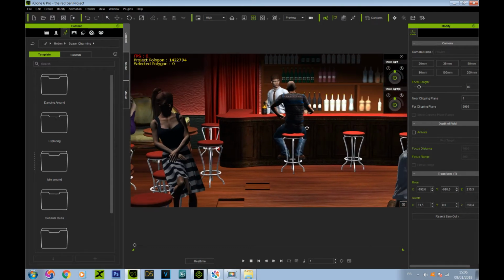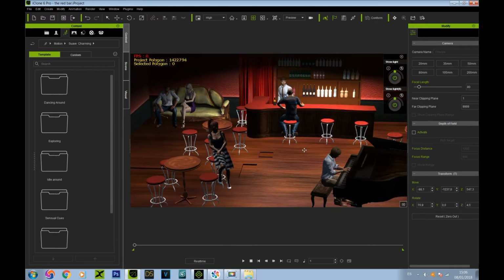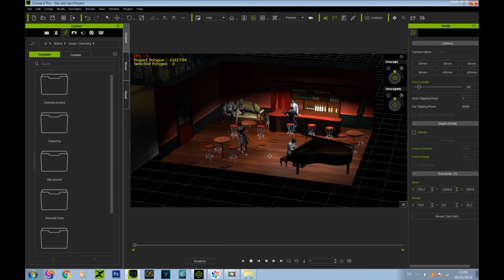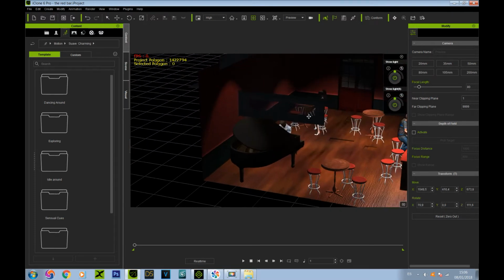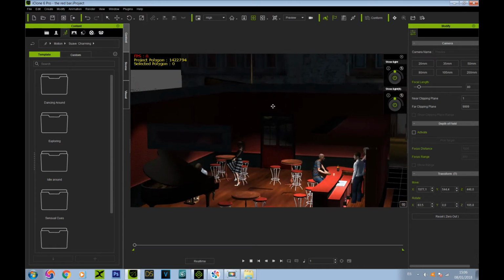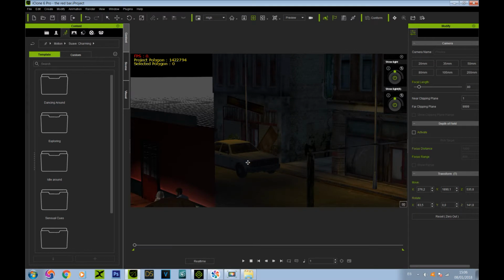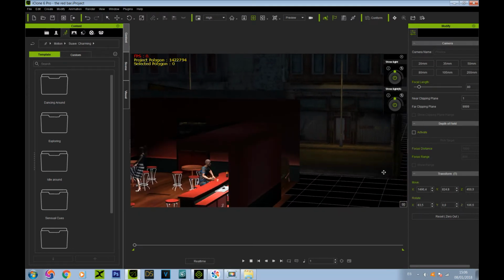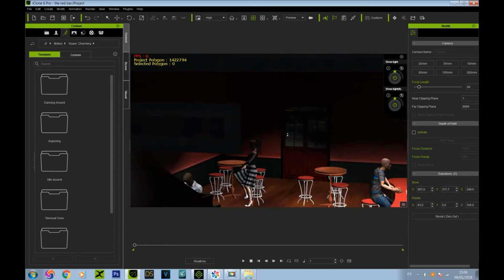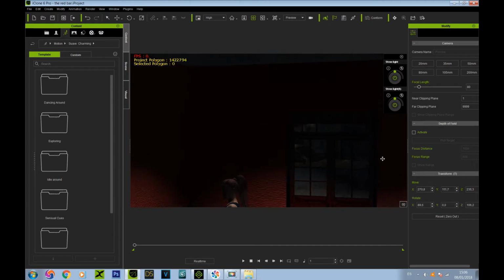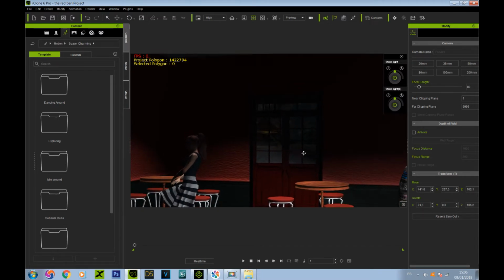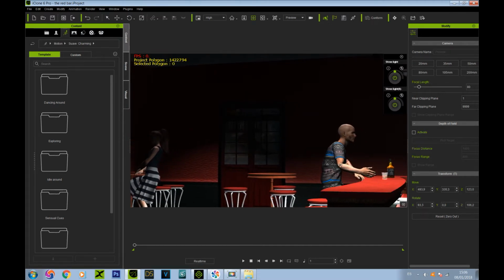So let's take a look at the environment and stuff. This is our environment. I even put in scenery for the outside, because the door has glass and it will be used later on when somebody walks in. As you can see, if you are here in front of the bar like this guy,